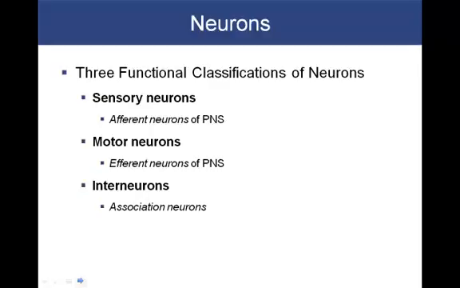Functionally, we can classify a neuron as being sensory, motor, or a class known as interneurons. You should think sensory is associated with the afferent division of the PNS, and motor neurons are the efferent. Afferent heading towards the brain, efferent moving away from the brain, carrying a signal from the brain to the body. And interneurons are just as they seem. They tend to sit in between these other 2 types.